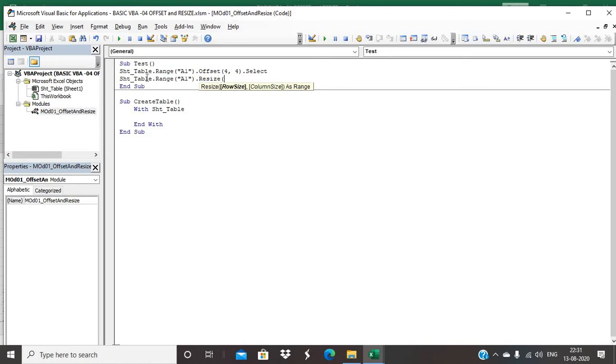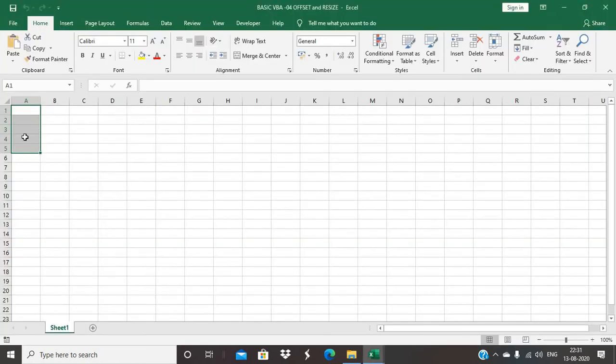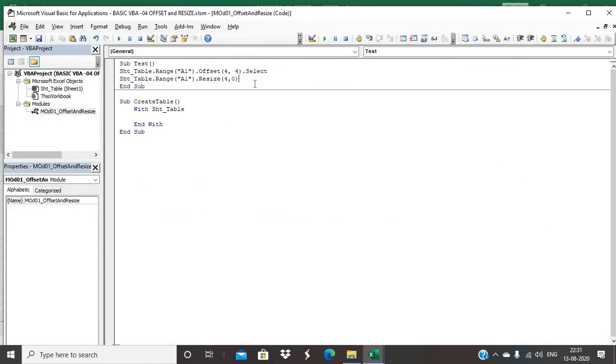We are going how many rows? We are adding 4 rows and 0 columns. Okay, because we are not going to write the moving of any column, as we did the same thing here. Okay, now I am writing select. Now see, if I am doing this, first it is selecting E5 again, and then